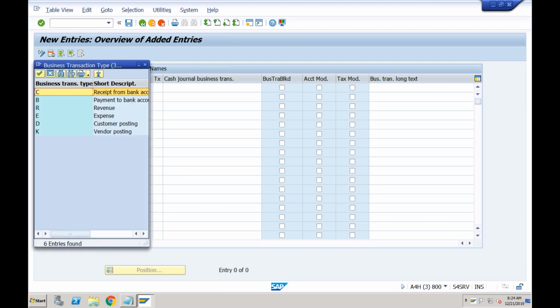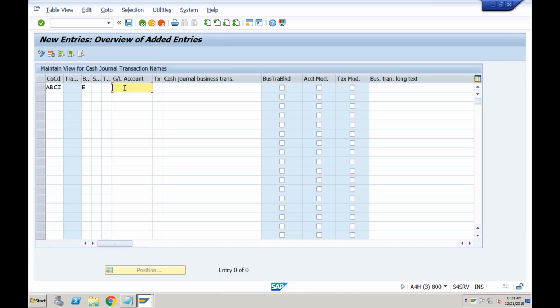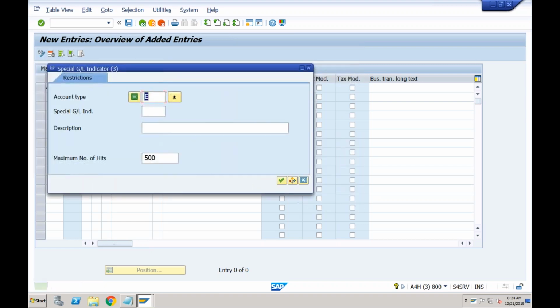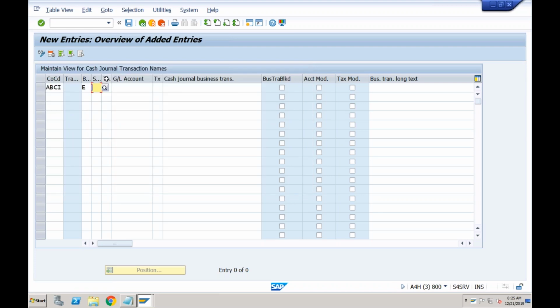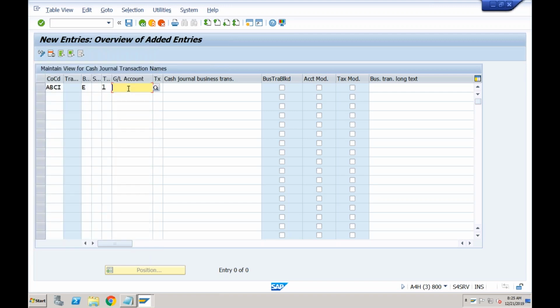So I'm creating the business transaction as expenses now because I want to pay, right? Here you need to specify the GL account, but before that, just select this. No need to specify anything here. This is classification. So this is going to be cash payments, expenses payment.